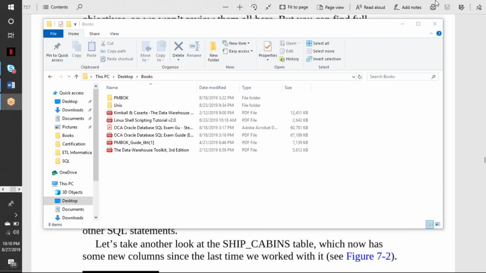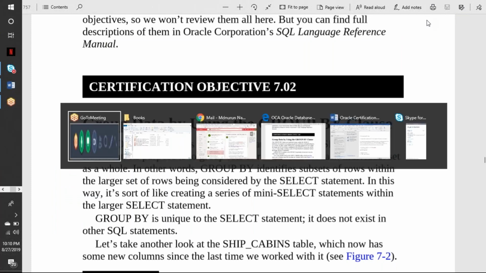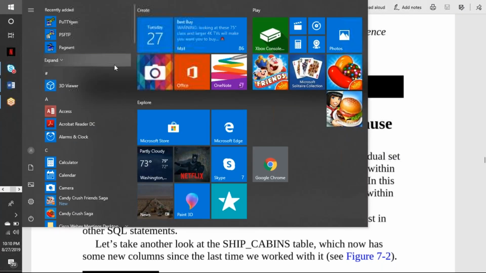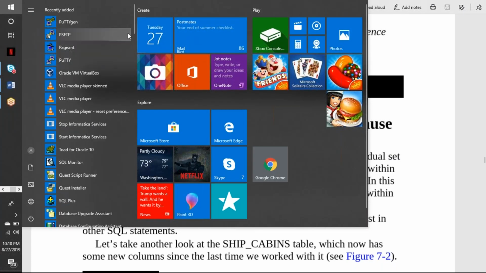Okay, first go to the desktop, open Toad. Yeah, Toad for Oracle 10.